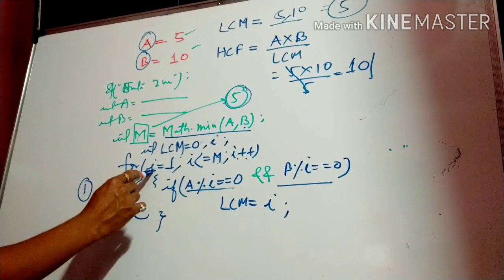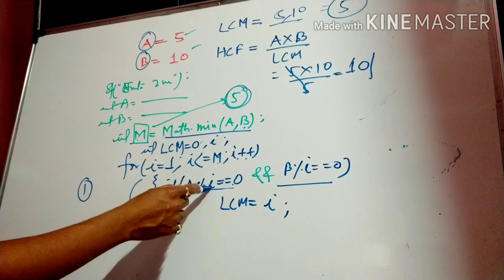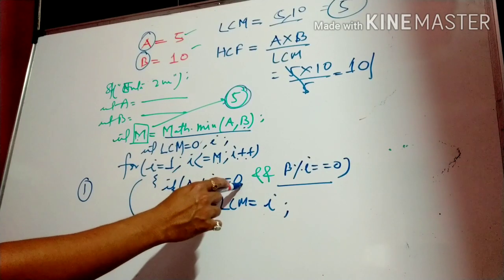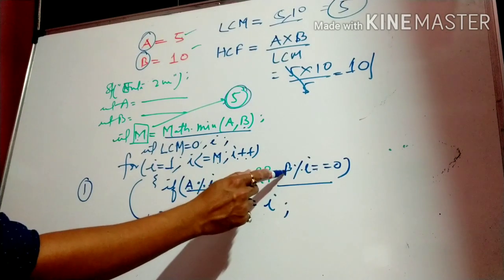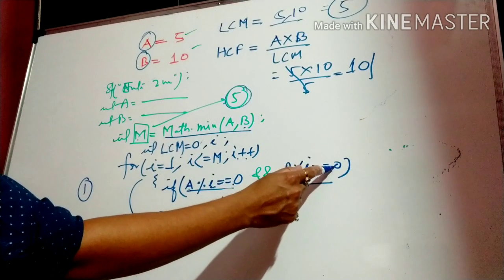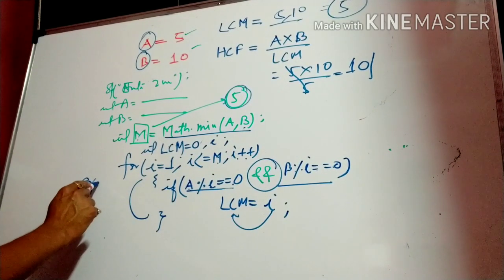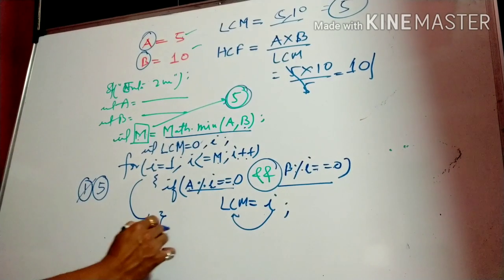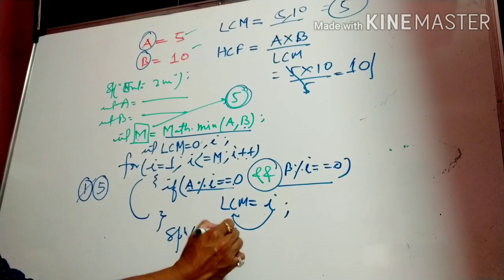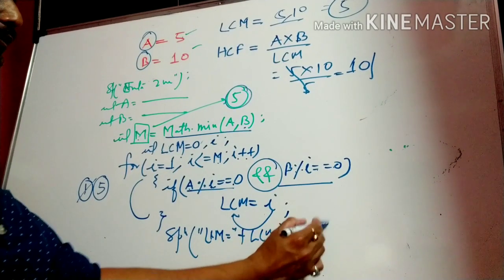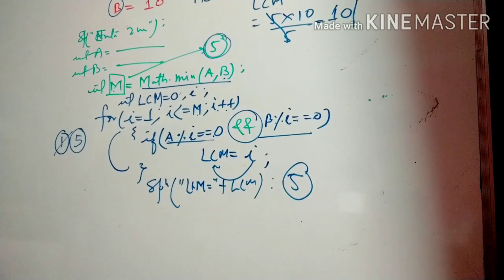Again it will go, the value of I is 2. So 5 modulus 2 is equal to 0? No. 5 modulus 3 is equal to 0? No. 5 modulus 4 is equal to 0? No. No need to check another one. Again 5 modulus 5 is equal to 0, correct? And 10 modulus 5 is equal to 0. That is true. Both the conditions are true, logical and. The value of I will be stored in LCM. So the next value of LCM will be 5. When you print here LCM is equal to LCM, your output will come 5.